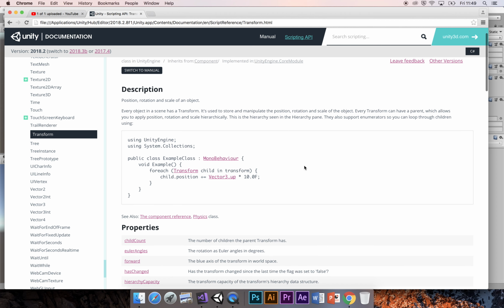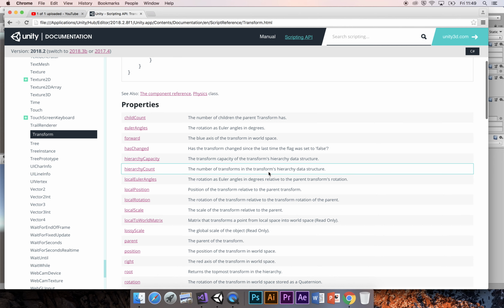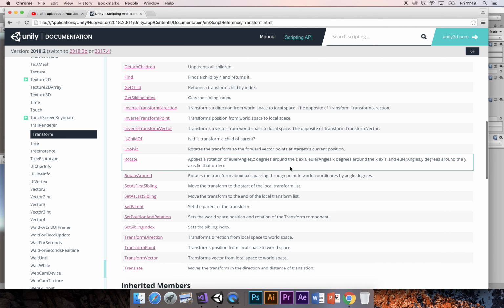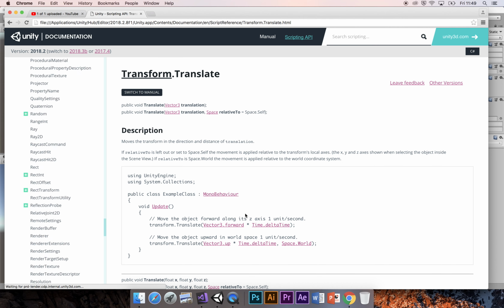This is essentially what we've done before with moving a transform. As we said, it's almost like teleporting. We've got all the properties that we can use here, and we're looking for something called translate. There we go. It moves the transform in the direction and distance of translation. So from transform, where you're going from one position to another like teleporting, translate is showing that motion, that movement from one direction to another. So if we click on translate,